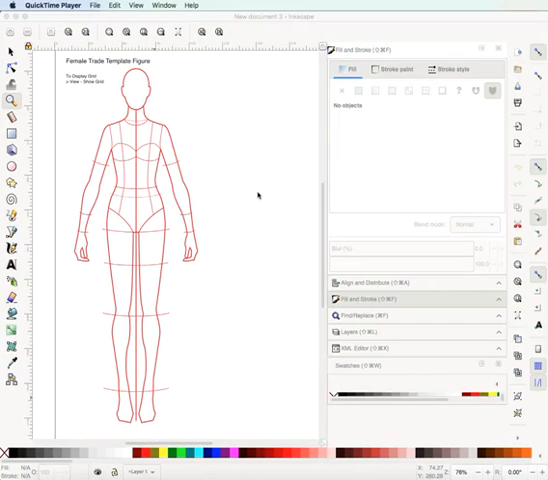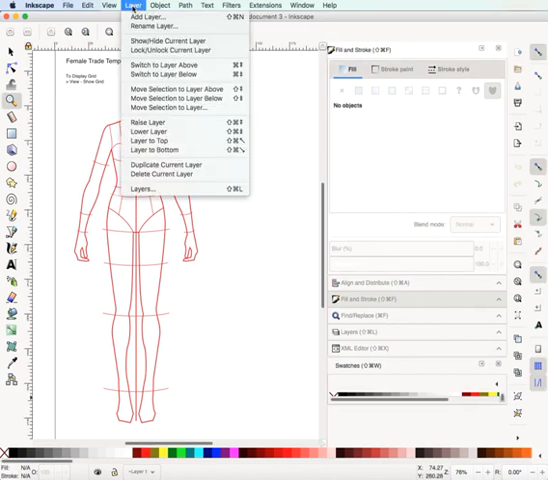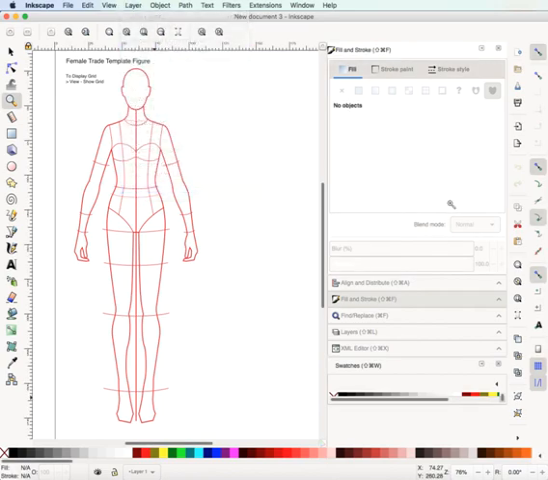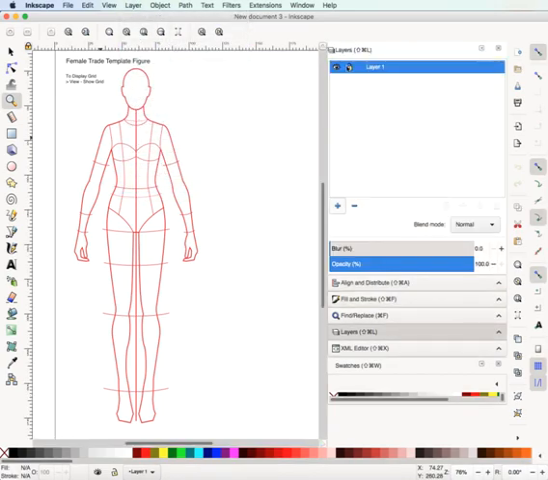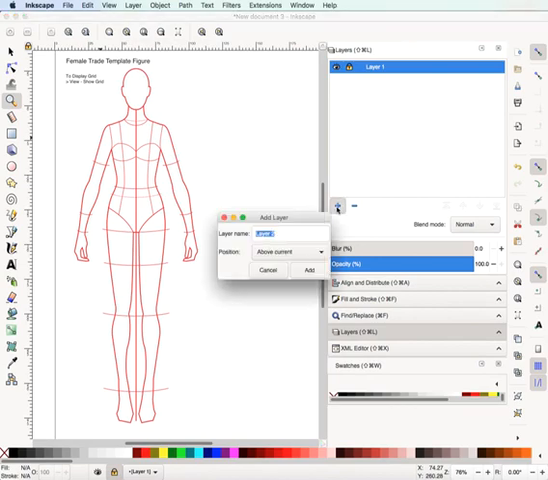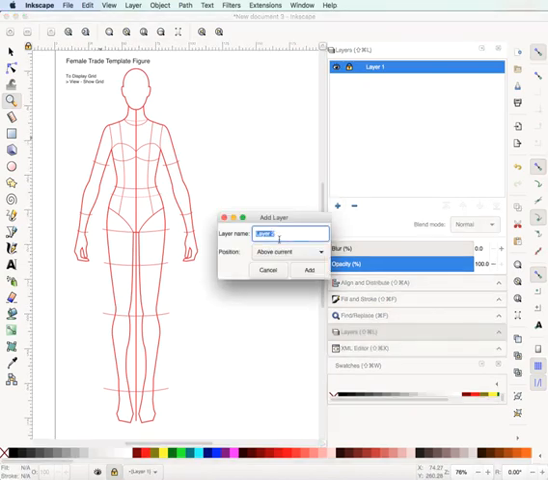Drawing a pant in Inkscape. So when you open Inkscape, it will automatically open up your template file that you've saved. First thing we need to do is go to our layer, click on layers to bring up the layer panel. We're going to make a new layer, click on the plus sign, write image, add,